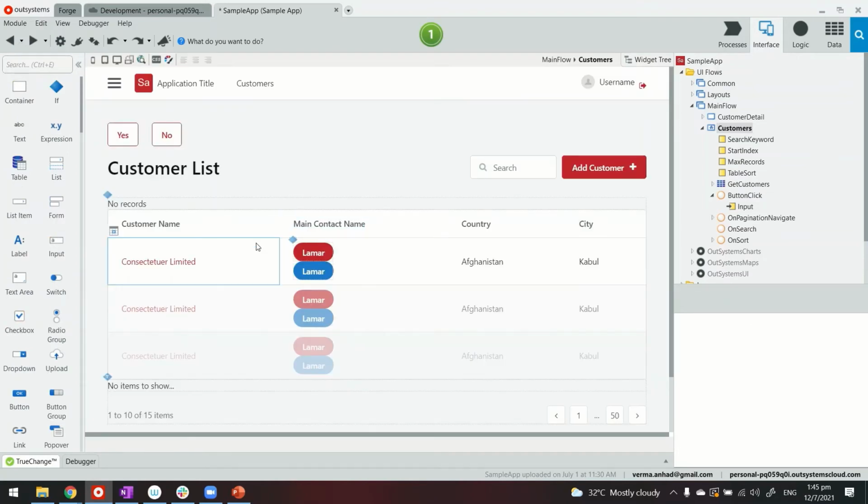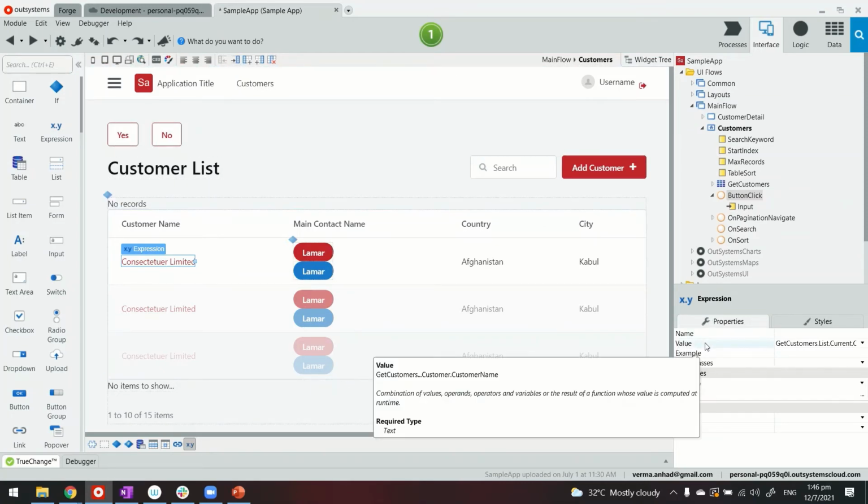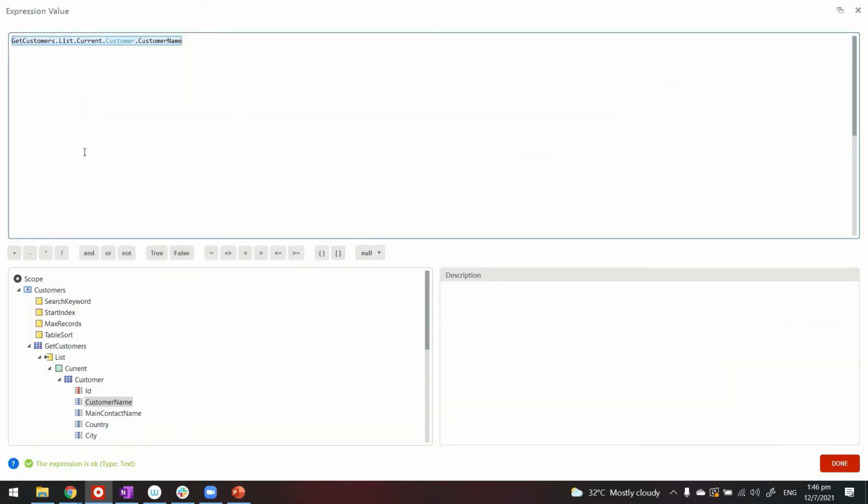Okay, now the last one is from the expression itself. What is an expression? Basically this widget here that you see. And to give an example, if you select the customer name, the first record there, you will see that for the expression, these are also expressions, right? So in this case for expressions, the values are set in this way. You will see expressions also when you use the assignment widget in the logic or server side action. There also the expressions are available.